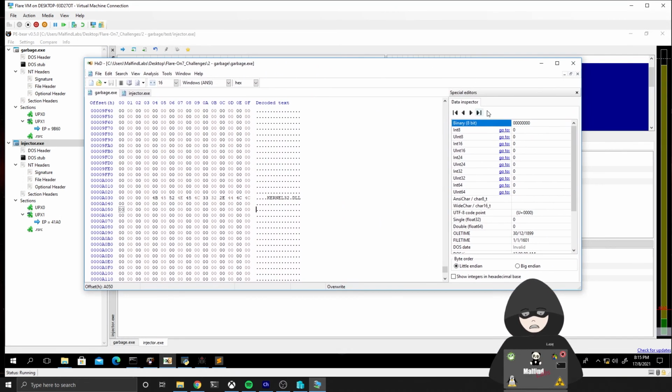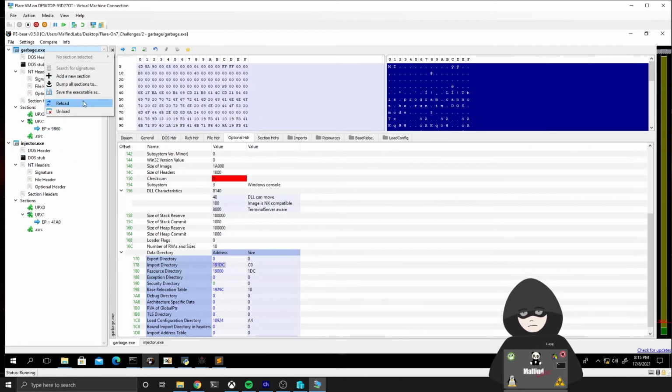Actually, it would be nice to just have a similar offset. It doesn't really matter. I will just paste it here. So we have it here, and when I save it and reload it here,